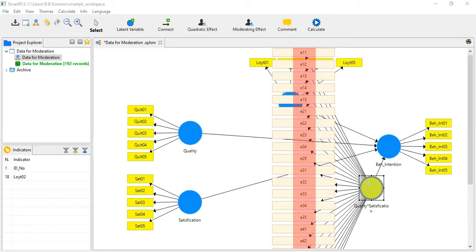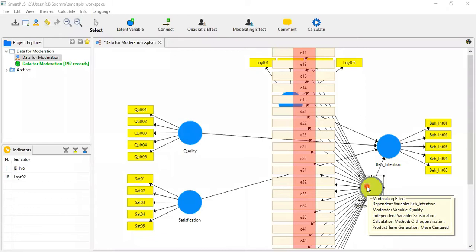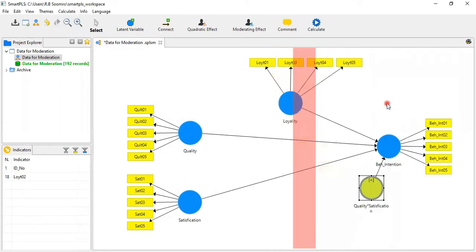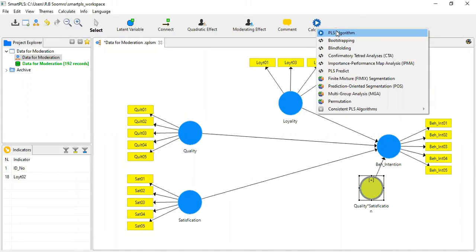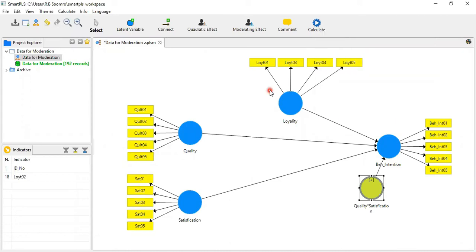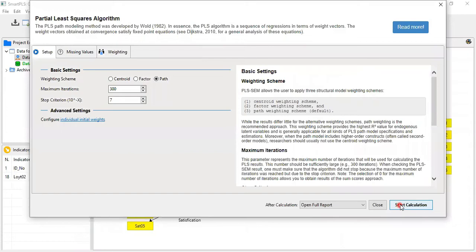Okay, so now we are hiding these because it's not appropriate to put all these here. It is better to hide all indicators. So indicators have been hidden over there. This plus sign shows that something is inside this one. Here there is no plus sign, that means all the things are outside of your variable. Okay. So now we are going to apply the algorithm again to check the impact of this moderator. Then start calculations.